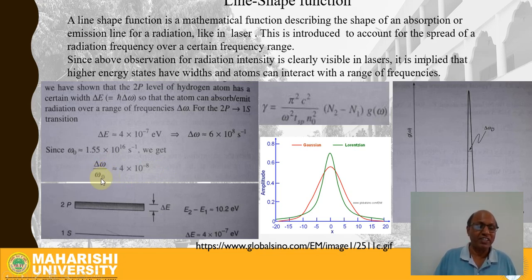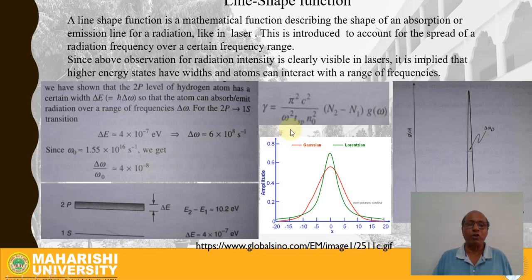And this example was only to show how a line of frequency of radiation omega 0 is spread, and the spread is because of the variation in the energy level for a particular band. So this is the explanation for the spread of a line, right? And the lower the value of this ratio, the greater the spectral purity of that radiation. This is what we learned.